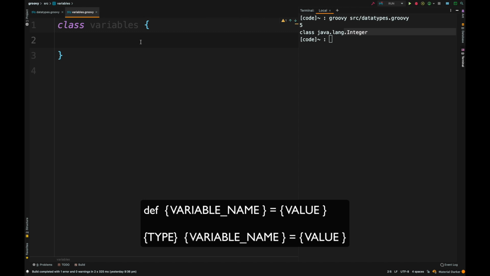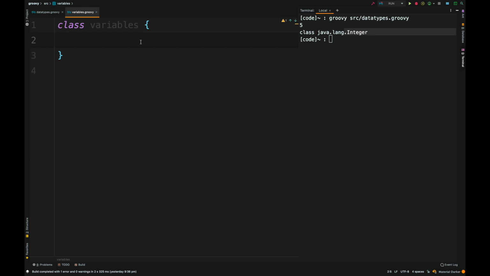Now, to define a variable, it is mandatory to either provide a type name explicitly or use def in replacement. We have seen the basic data types, and we created some variables using explicit data types in the previous video. Groovy also allows for additional types of variables such as arrays and structures and classes, which we'll see in subsequent videos. Variable declaration tells the compiler, please go ahead and create a variable at this particular memory location.